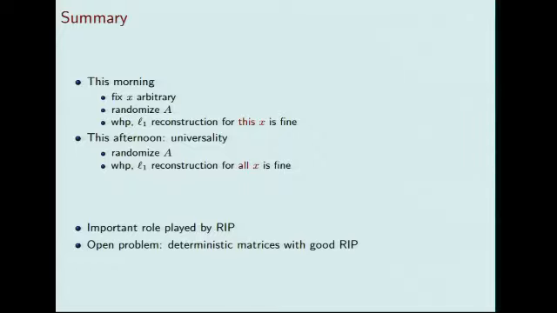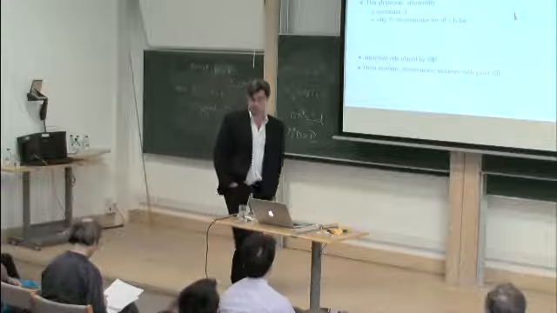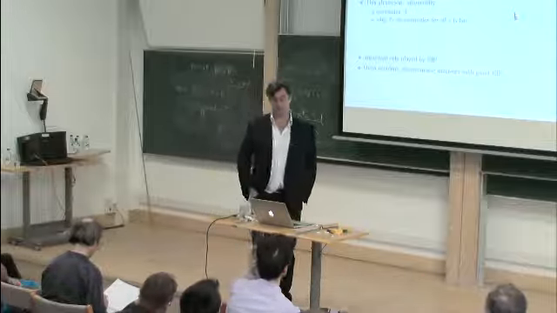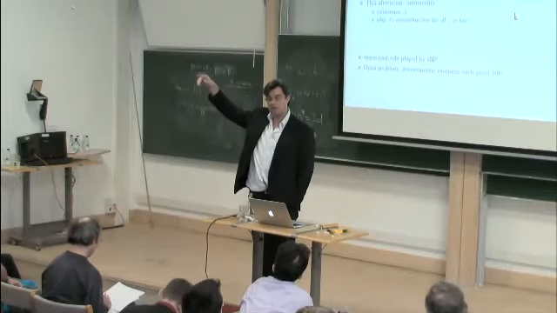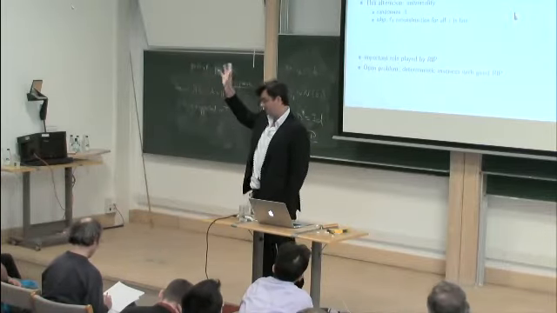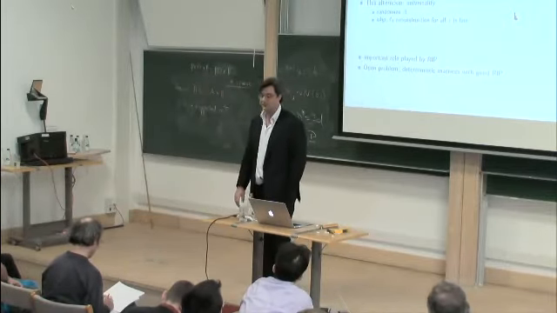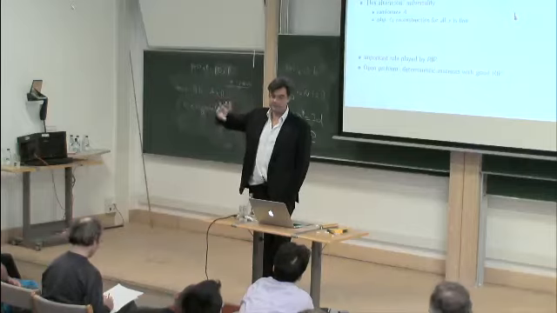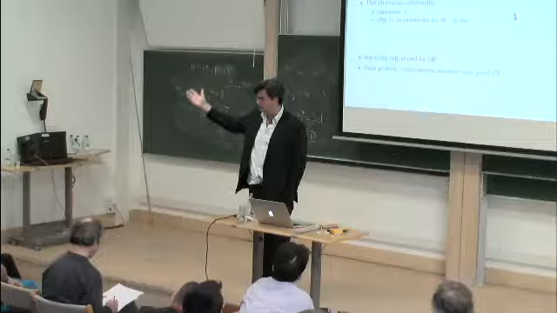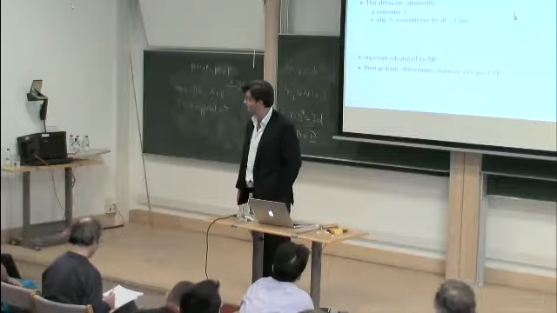It's completely open. I mean, it's not completely open. People have done work. We know how to do this when the number of samples is square root of n. Bourgain recently wrote a paper with some of his colleagues showing that you could pass square root of n and go to n to the 1/2 plus epsilon, where epsilon is not really specified, I believe, or maybe it is, but I don't remember what it is. But we have no idea how to do it for m linear in n or n over log n, that kind of dimension. Thank you.